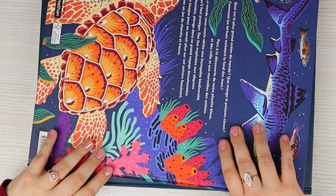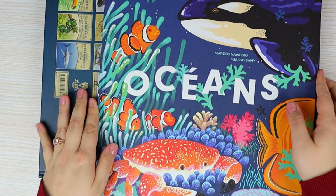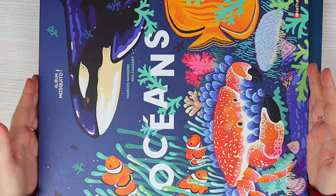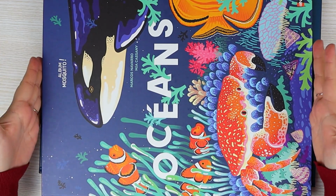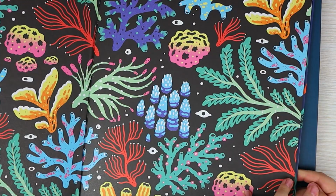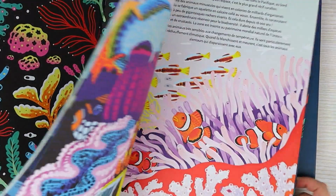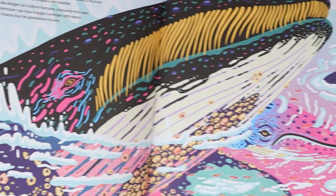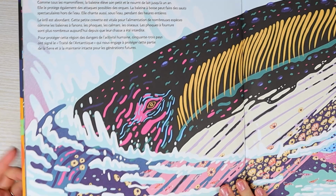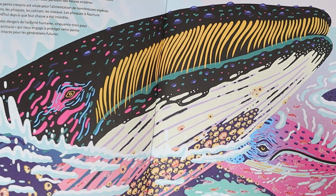Then we arrive at the big books. First one is this one. I think I had talked about it already in my previous video, so I'm going to be quick. It's huge, as you can see, and what made me buy it was this spread where I was like, okay, no more hesitation, I need it. I adore